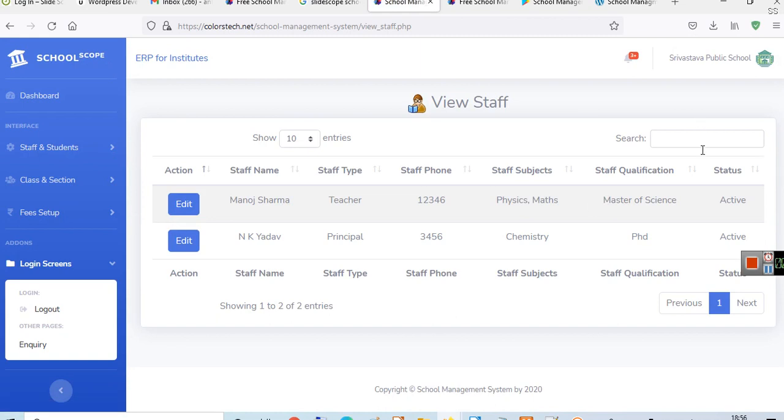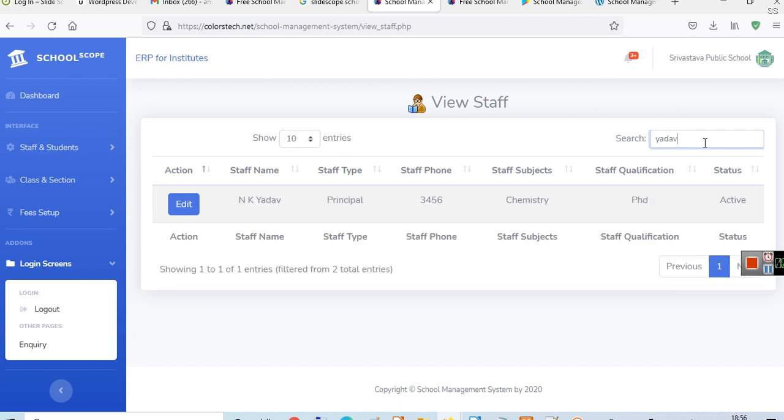Here we have added filters also. Suppose you want to see all those teachers who have Yadav in their surname or name or anywhere, like this. Suppose you want to see all those teachers who teach maths. You can search maths and only those teachers will come which have maths written in the staff subjects.